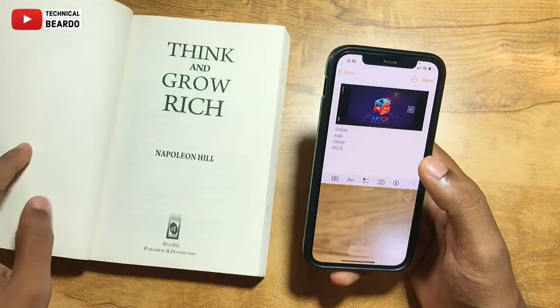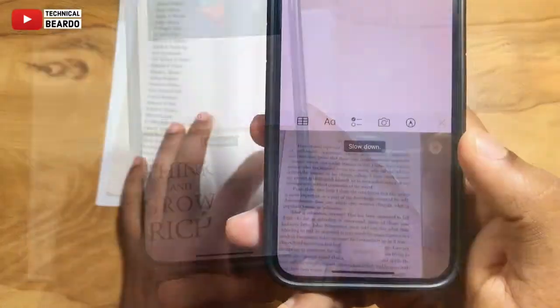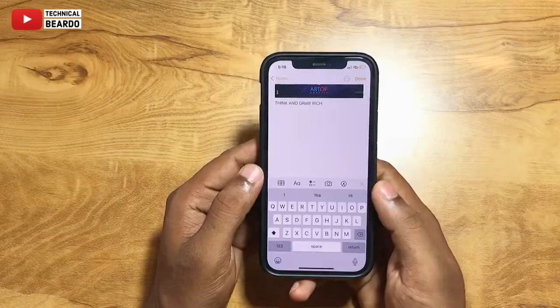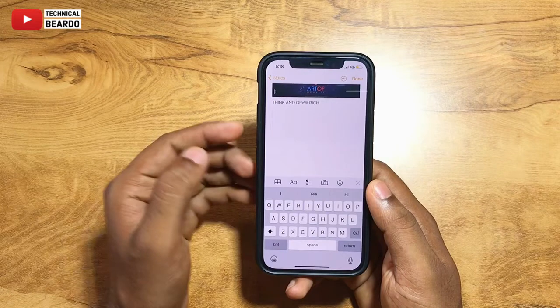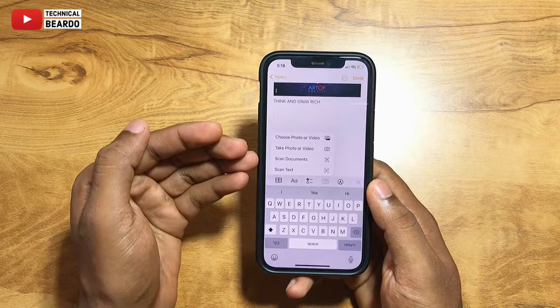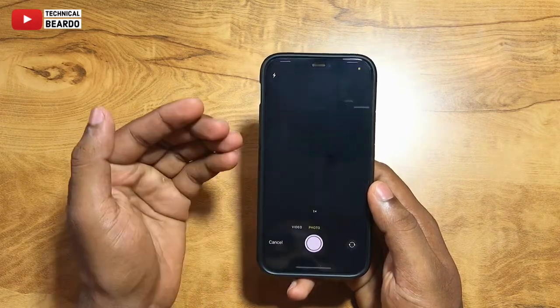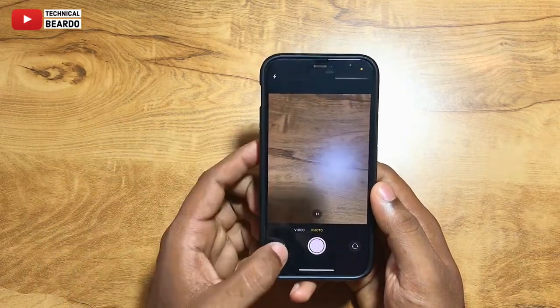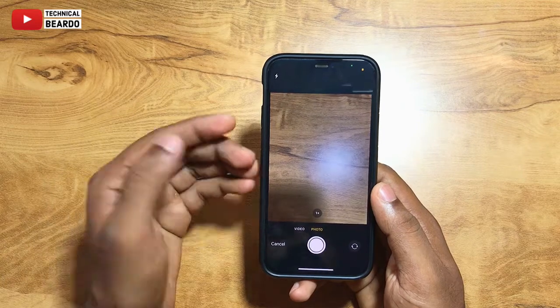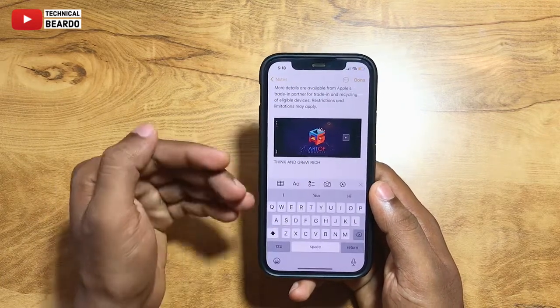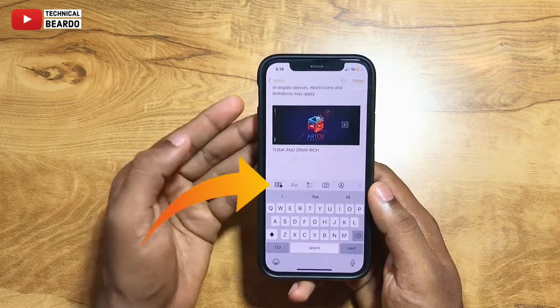So that way you can add any physical text available in front of you, from a book, paper, anything, to the Notes application. Like that, you can do multiple things with this trick. So now we have text, images, and scanned text. Similarly, we can have a scanned document as well, or photos. Just like you scan the text, you can scan a document in the Notes application and edit it here. That is done now. And here, as you all know, tables are a very important part of a document. So here we have an option for tables as well.